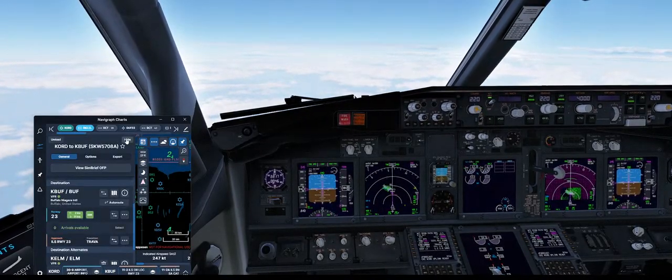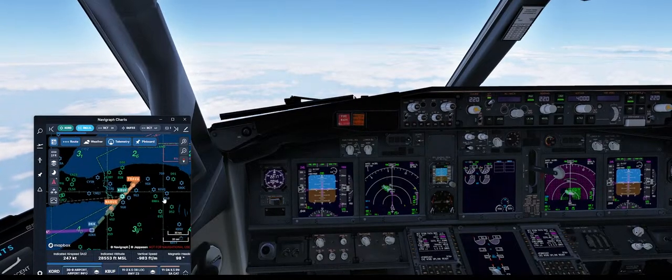Contact CC Bird approach on 125.39er, Kodiak